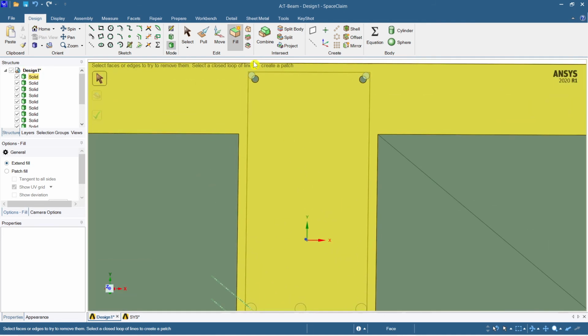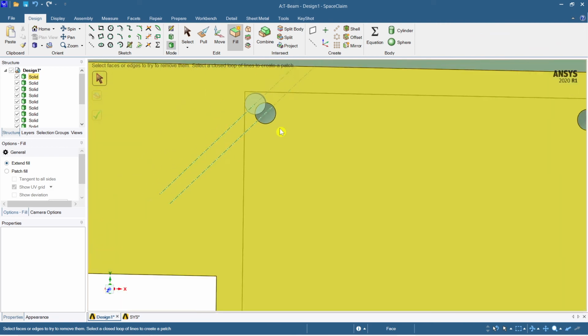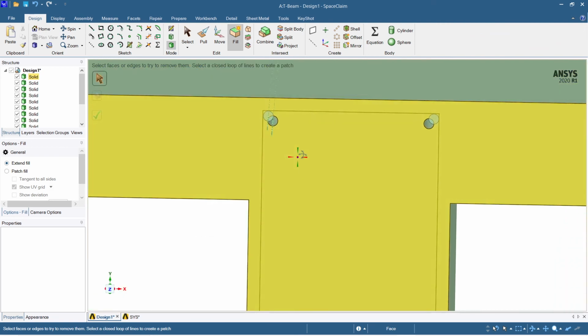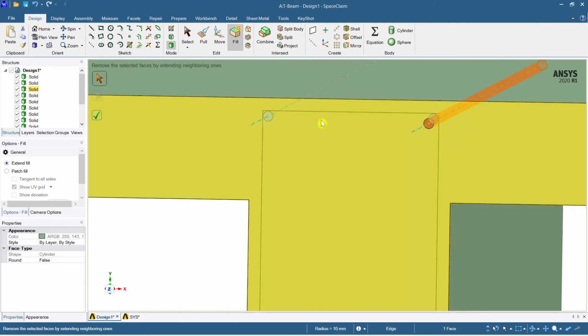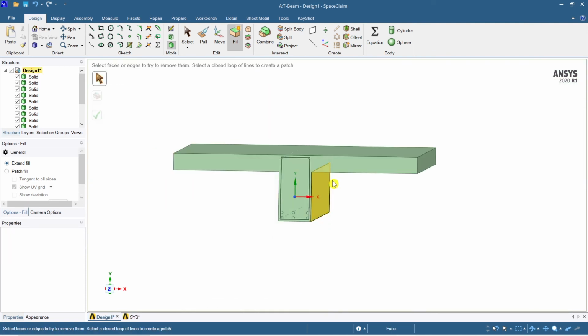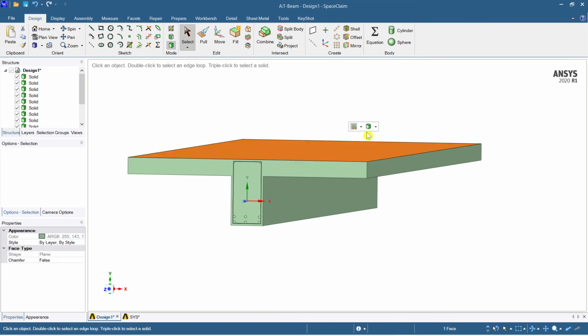So we have to see here also there is a misplacement. So just see this, we have to fill this gap. So just set this okay, and then select this and say okay. So now you are able to see, let's make this part transparent.